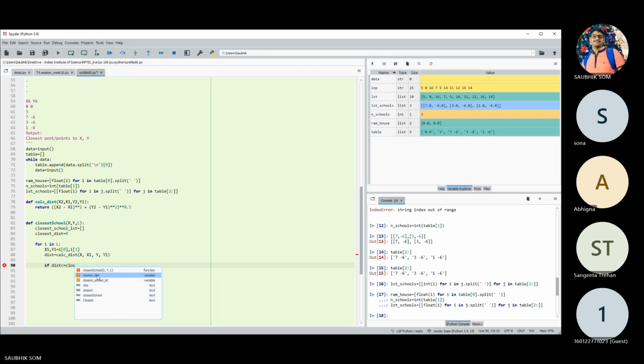This is the closest distance. If this is the closest distance, so basically,